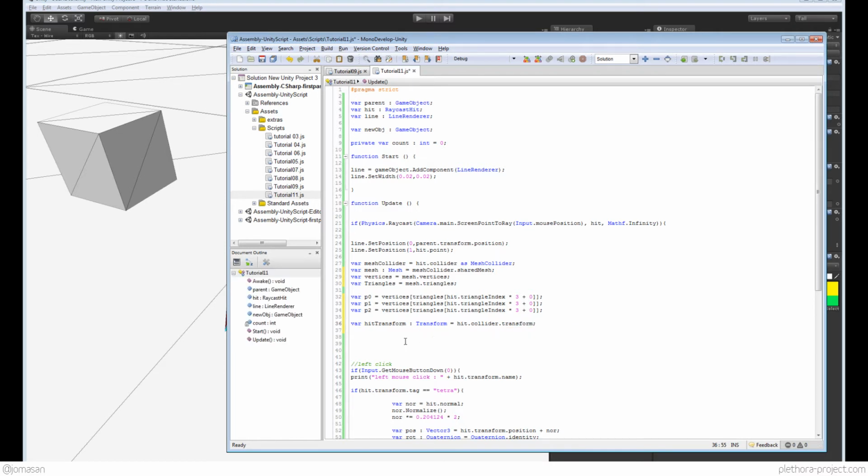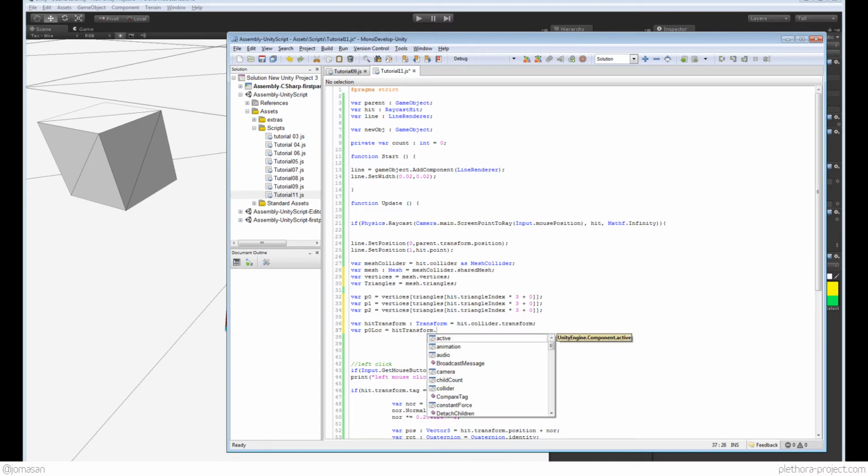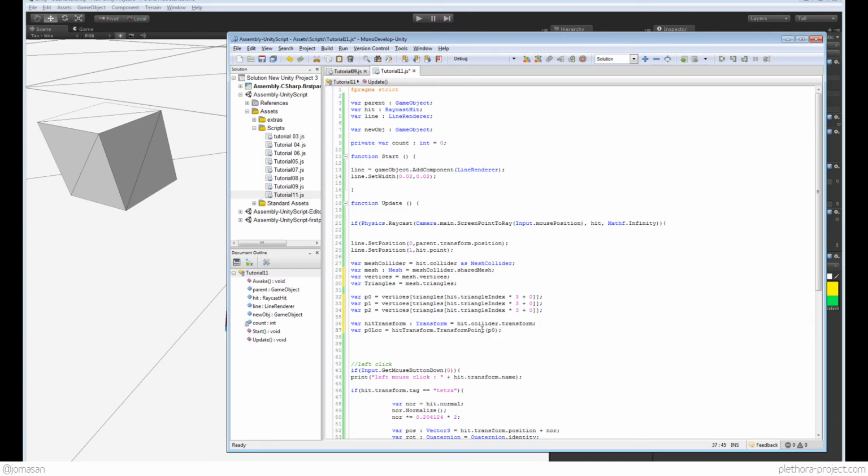And from this one, what we could do is, I'm going to call these ones differently, variable p0 loc, meaning local, and it's going to be hit transform dot transform point, and this is going to just bring this point to the global